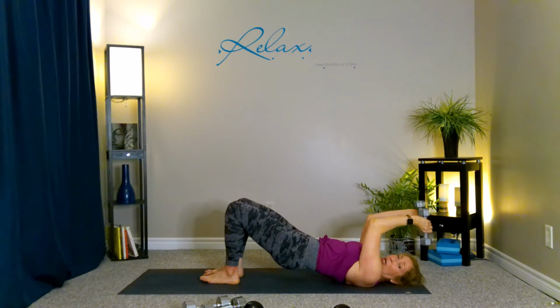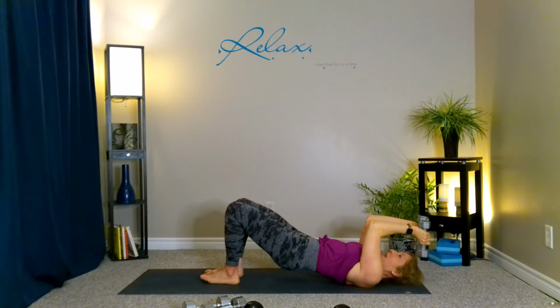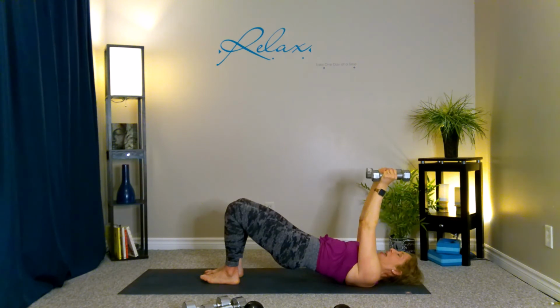So just keep those elbows as still as you can above your shoulder, so that you're just using the bottom arm, so the forearm is the one that's moving from the elbow joint, and you're bringing those weights toward your head. Watch you don't drop them on your head. Keep squeezing those glutes as you hang out here, so you're getting double the work in. And last one,